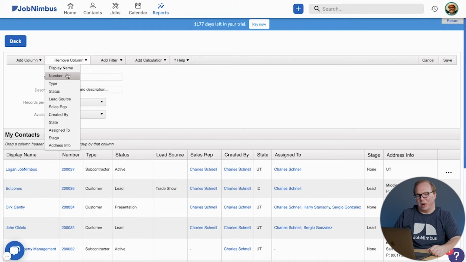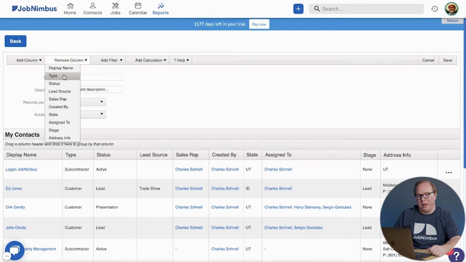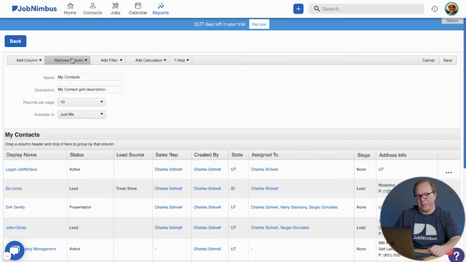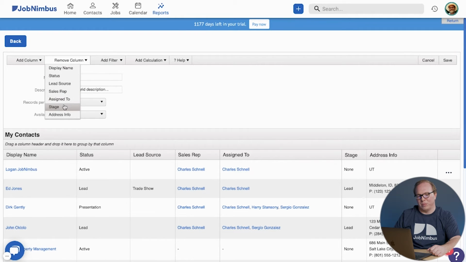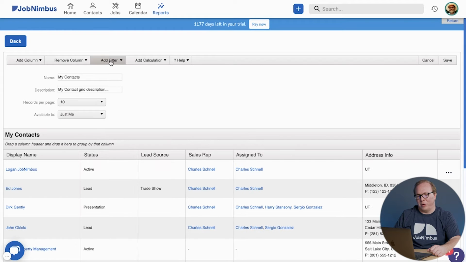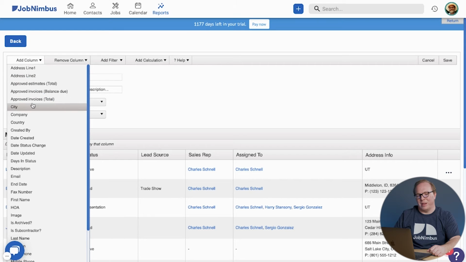I don't really need our JobNimbus number, and I don't need their type. I do want to see their status, their lead source, and their sales rep. I don't care who it was created by, what the state was, or so forth. The next thing I want to do is add in columns for things that matter to me